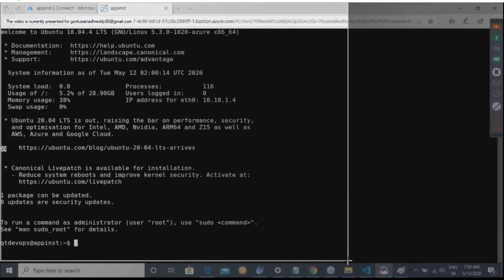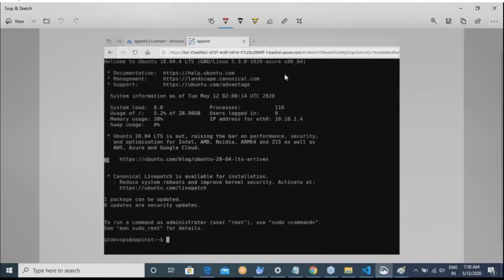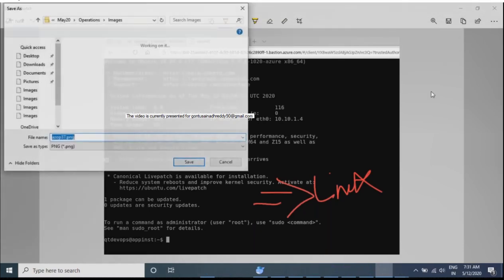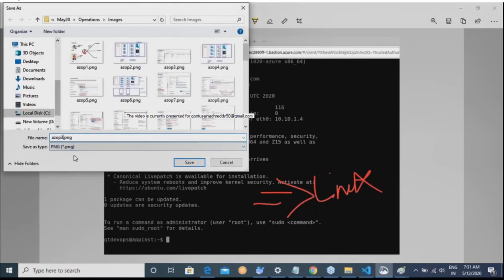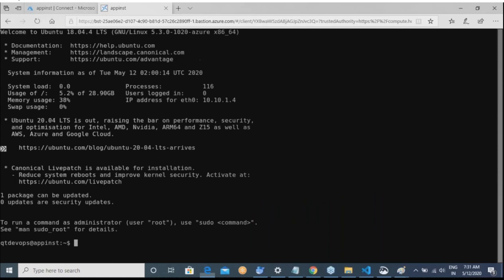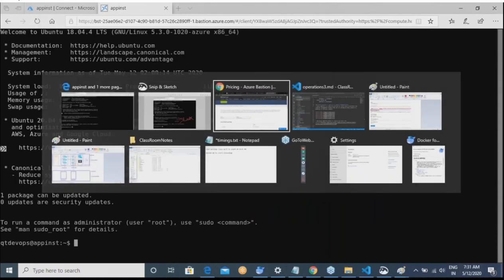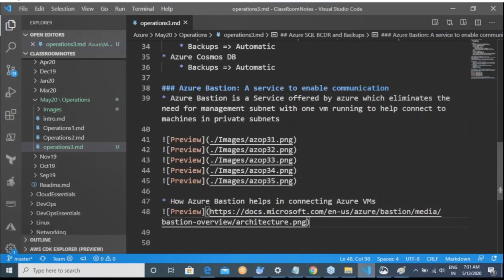So you really don't need one machine to connect to the machines in the private subnet. You can do it from your portal, and for that Microsoft has given a service which is called Azure Bastion, and obviously you will be charged for this.